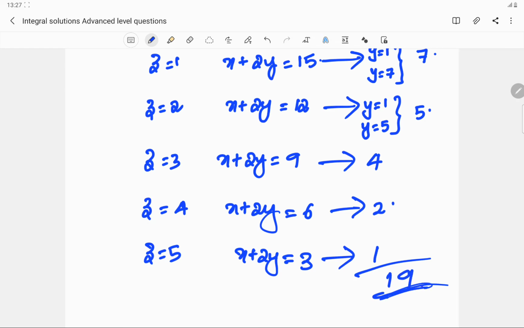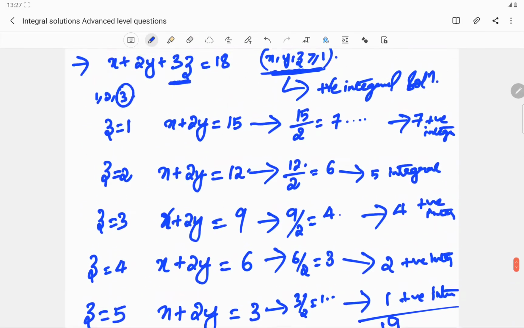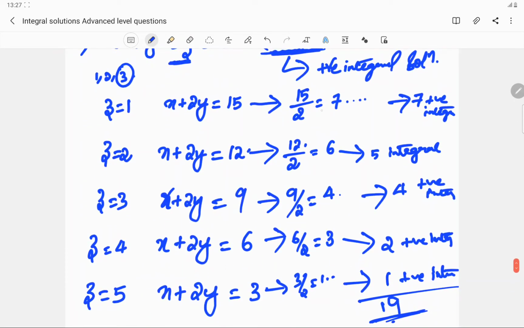This is another way to solve this question, but we have solved this intentionally by using that k divided by a into b, so that we can figure it out each time whether the conditions are met, and accordingly we have solved these equations. It's just for the sake of practice. Now let us move to another question.